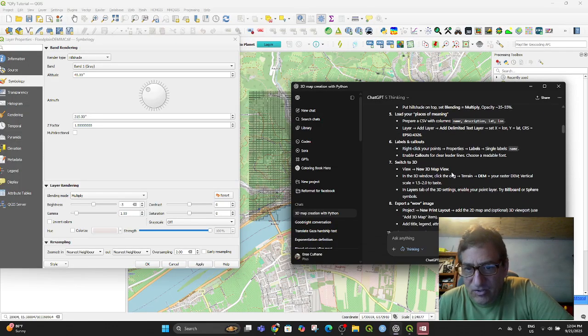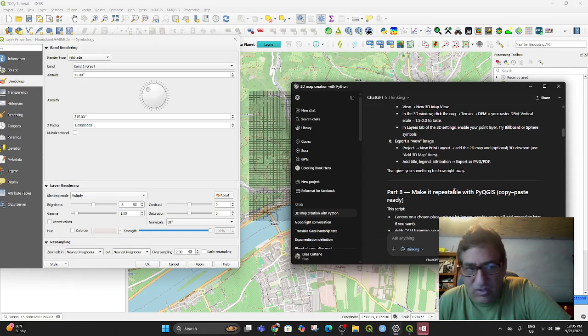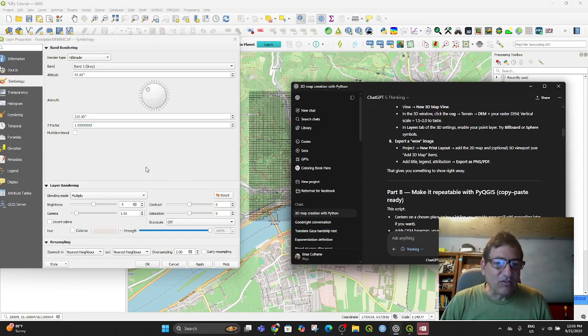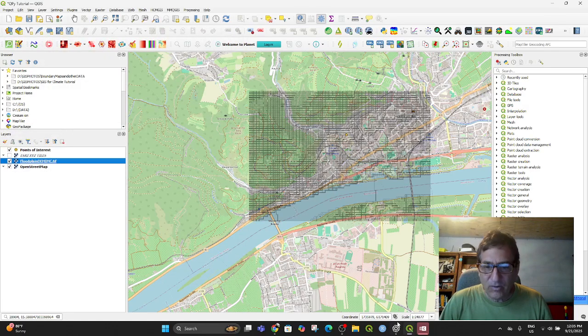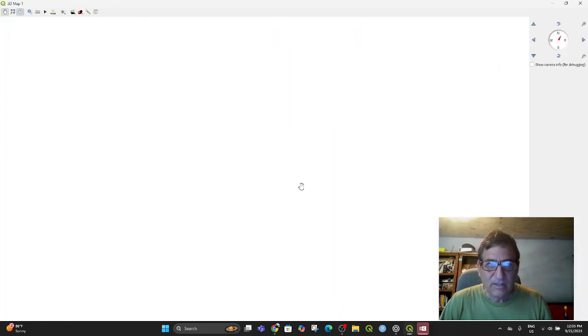Choose original font. Switch to 3D. Name new 3D map view. I already did that. Terrain, DEM, your raster, vertical 1.5 to 2 to taste. And then enable your point layer. Try billboard or sphere symbols. Export a wow image. All right, so it looks like I've already sort of done this, but I have to say, when you look at it like that, let me say okay here. If I go to the 3D image now,